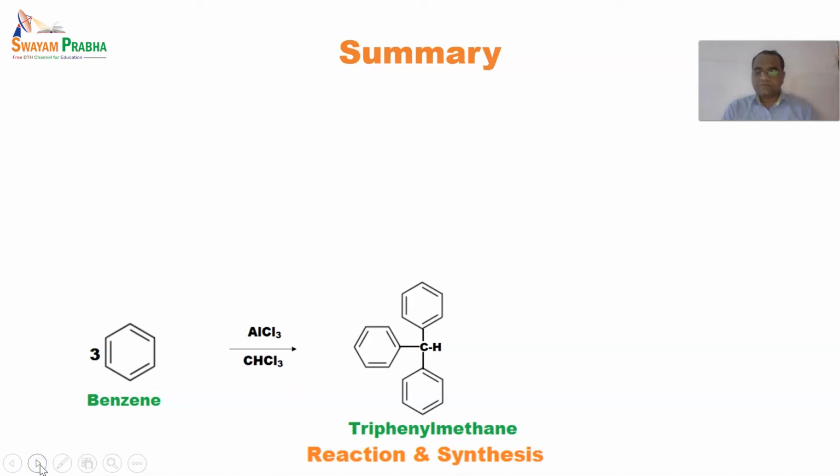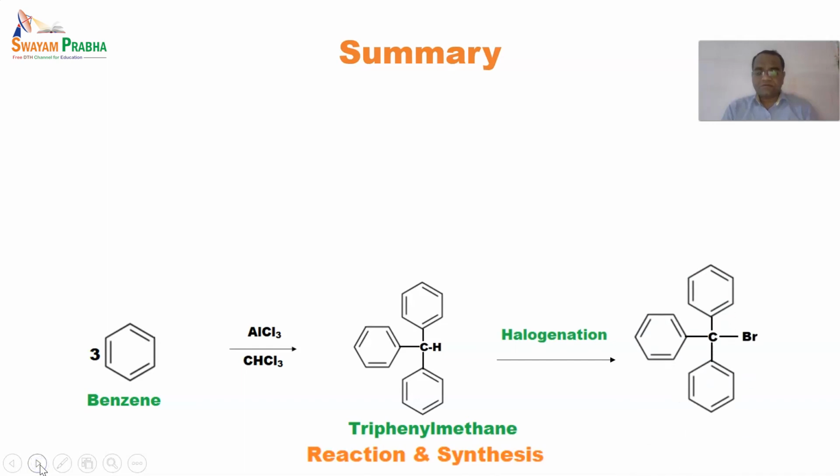Triphenylmethane. So three moles of benzene are reacted with chloroform. So it is a Friedel-Crafts type of reaction. Halogenation reaction of triphenylmethane gives a halogenated